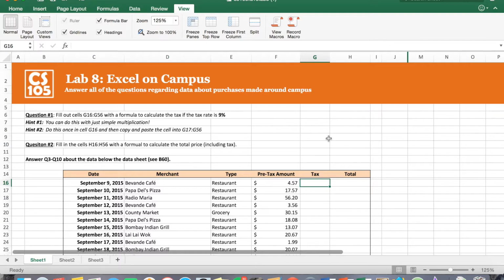Just to get started, the first thing we're going to want to do is fill in our tax column. It says that our tax rate is 9%, which means that we can simply